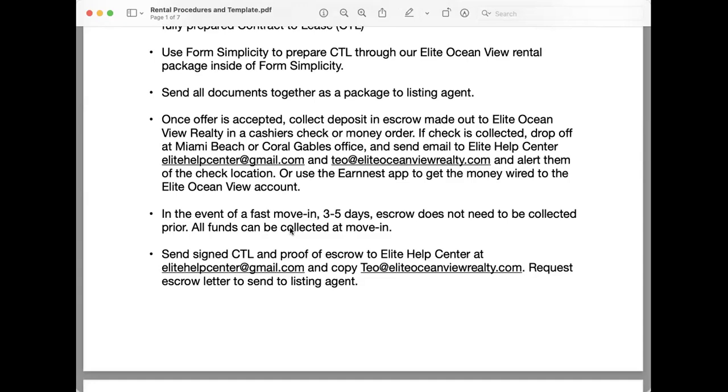All right. In this case, it'll be what? One check for Elite Ocean View Realty, one check for the other brokerage, and then one check for the landlord for the 2 months. All right. Now,